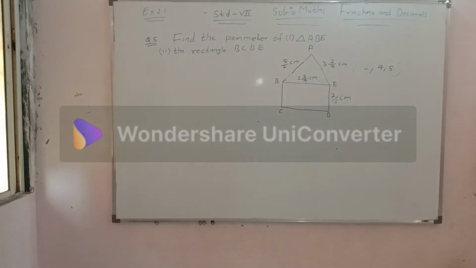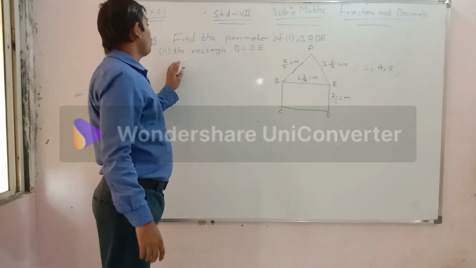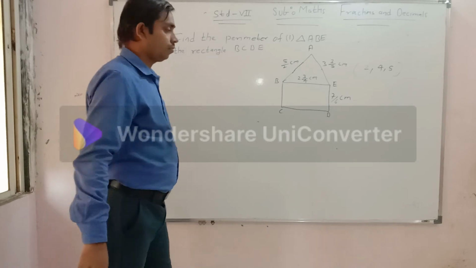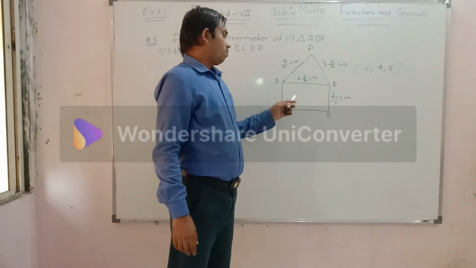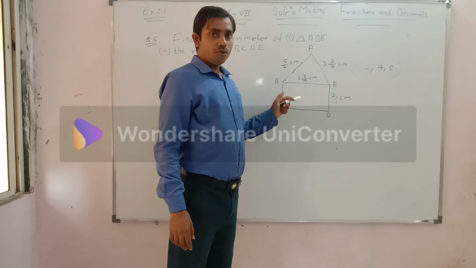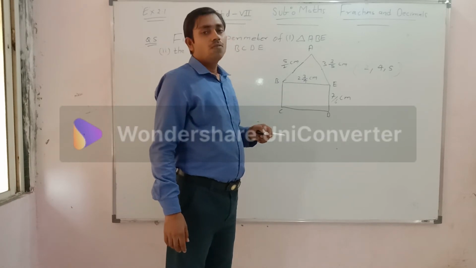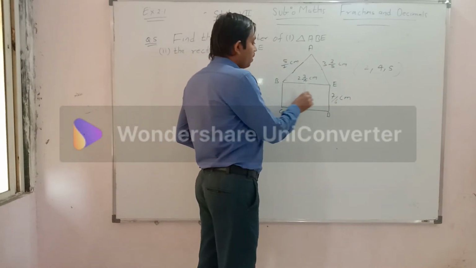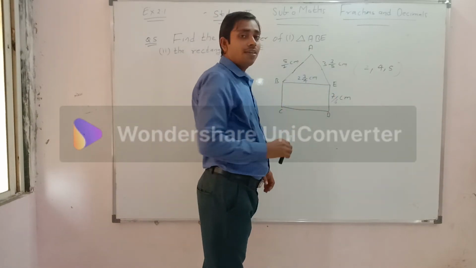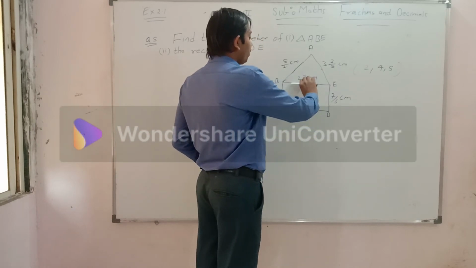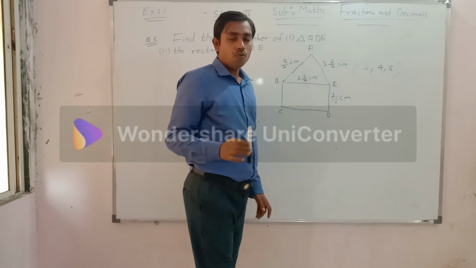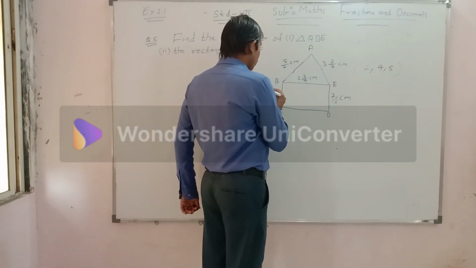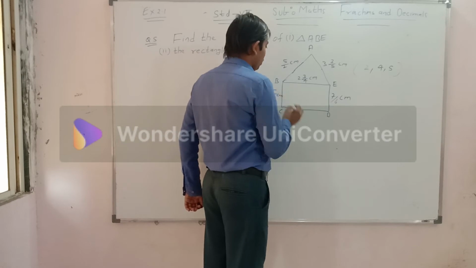Okay, my dear students, now let's see how to find the perimeter for rectangle BCDE. I have told you, my dear students, in the earlier lecture, what the characteristics of a rectangle are. In a rectangle, opposite sides are parallel and equal in length. You must know that. Why? Because if this is given as 7 by 6, then this must also be 7 by 6 centimeter.